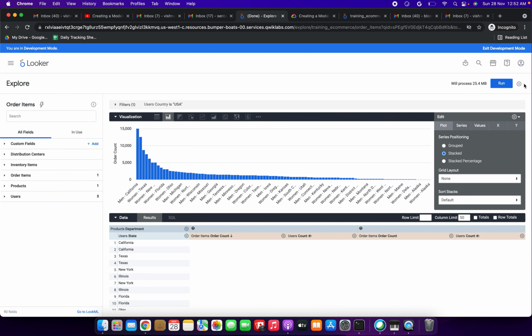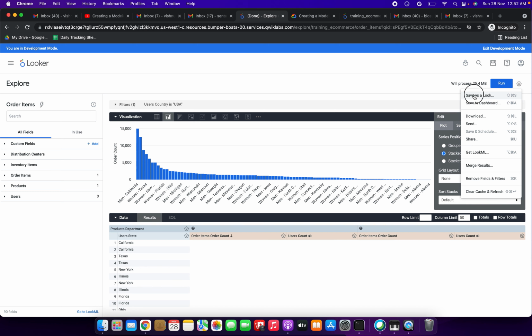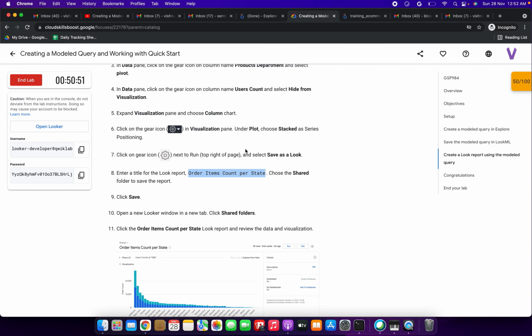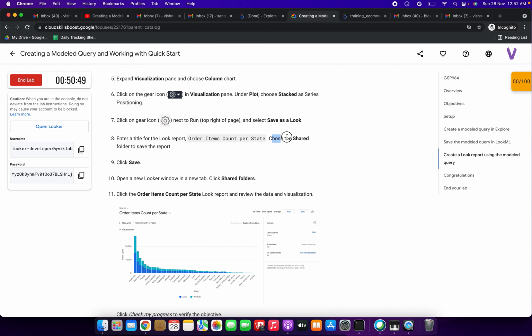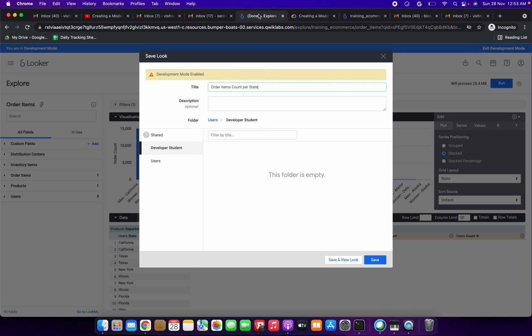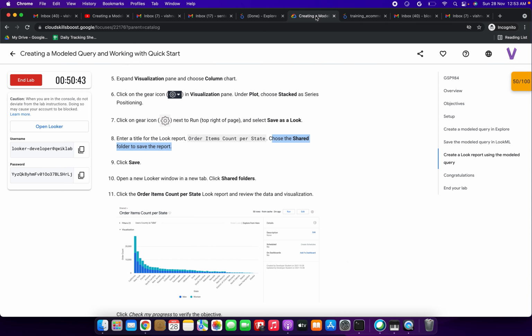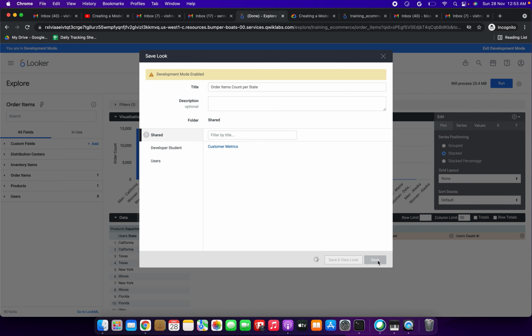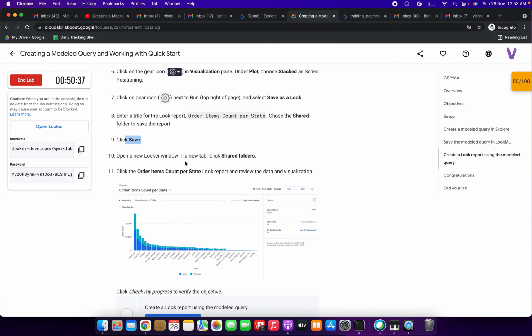Then I click the settings button and save as Look, and here I give the title as order items count per state. Next we choose the shared folder to save the report, and then click save. So it looks like that chart.